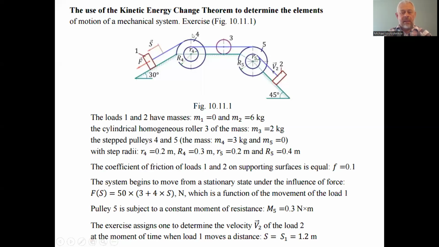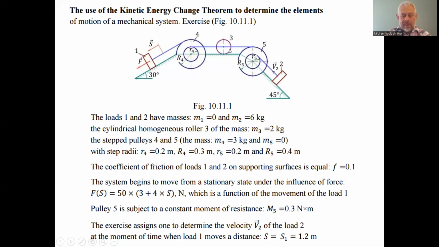The second is another load on the other side. This weighted load has a mass of 6 kilos, and it moves with dry friction on the surface inclined at 45 degrees. We have the roller moved by threads between the fourth and the fifth